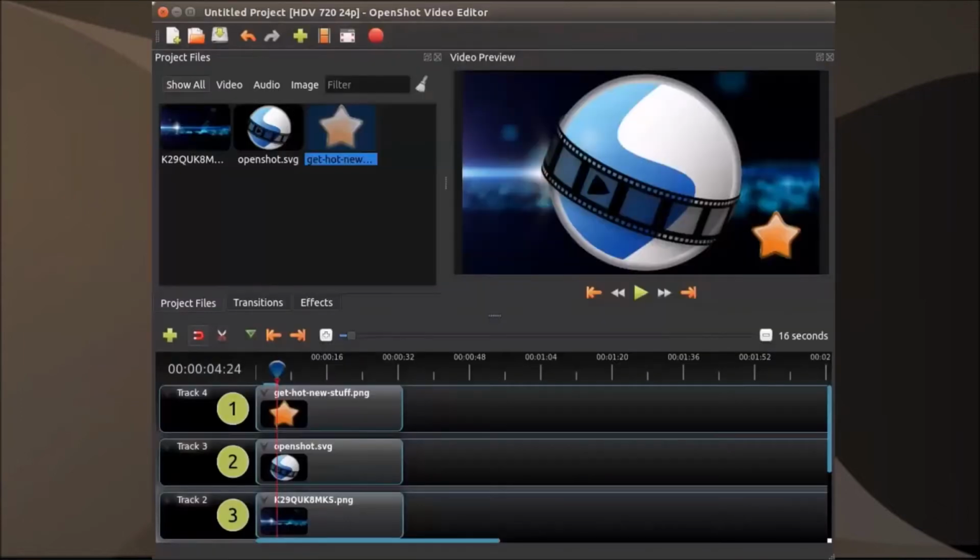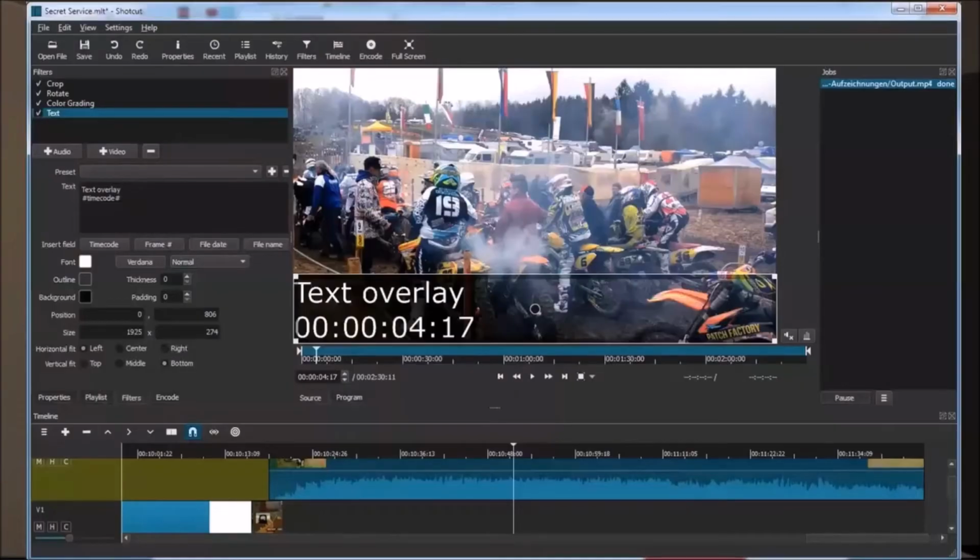OpenShot is one that they've been recommending for people who are new to video editing, because it's so easy to use. And we're not going to talk about all the video editing. We'll do that in a video editing workshop, but OpenShot for everybody, and it's very easy to use. The one they recommend, though, is the big good one, is Shotcut,